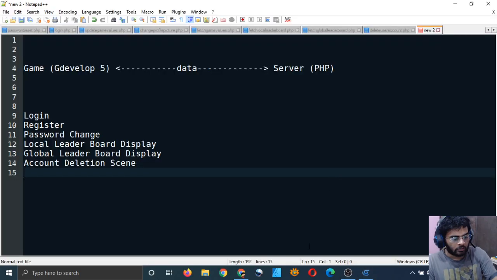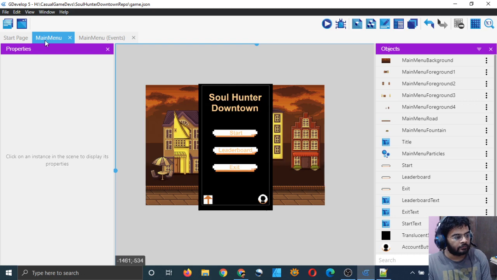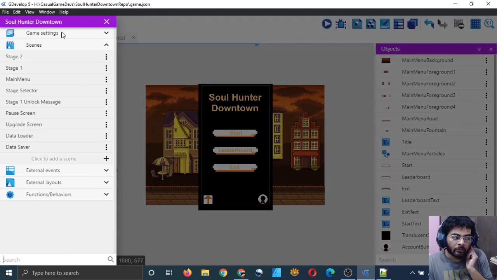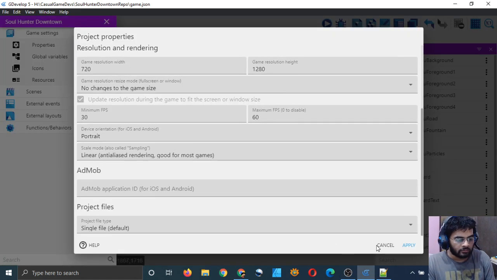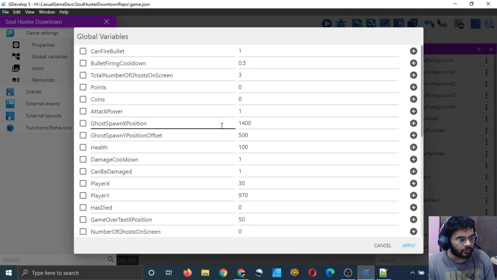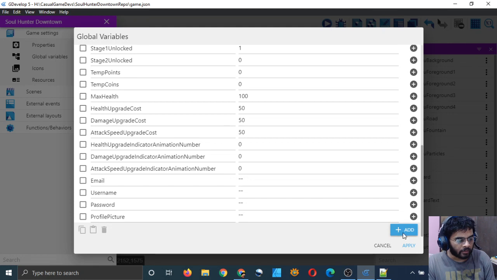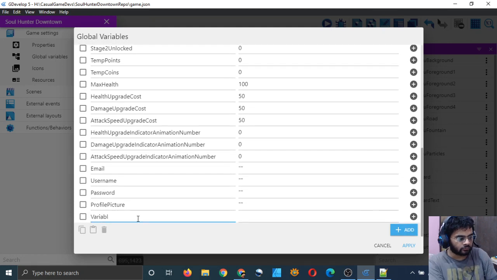So let's go back to our GDevelop, and first of all I would like to add one more variable in my global variables. I will add a variable called is logged in, which will be 0, which means that the player is not logged in by default, right? 0 means false.